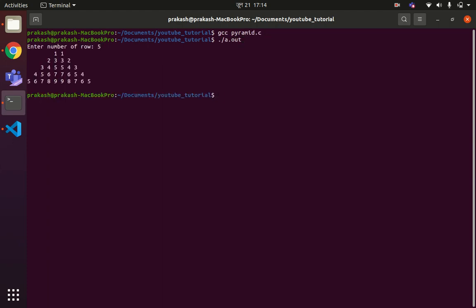Again we are getting an unexpected result. It is printing 3 and 2, so we are getting an extra 2 there.